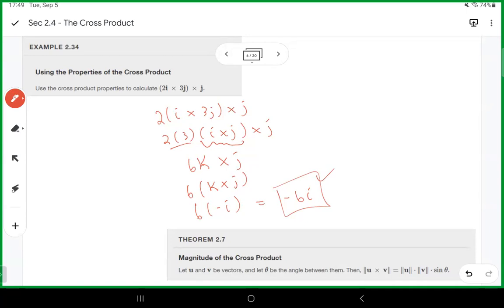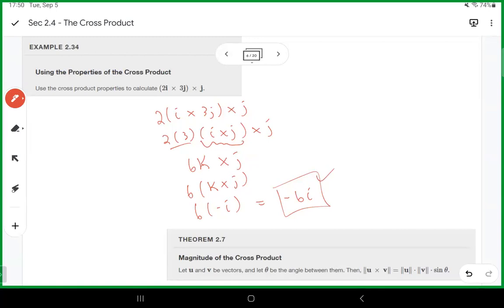All right, and then we have theorem 2.7 there, which is the magnitude of the cross product. So if we let U,